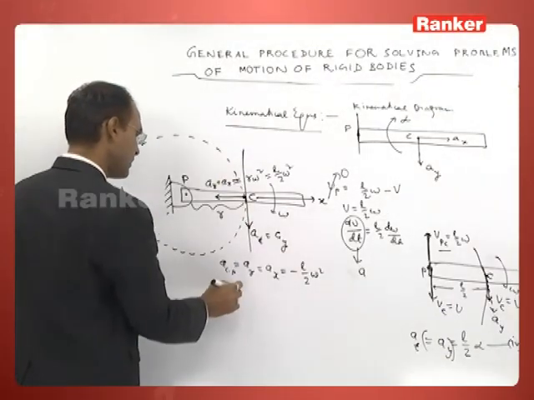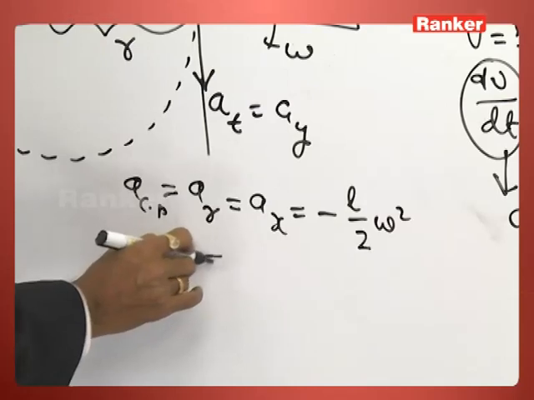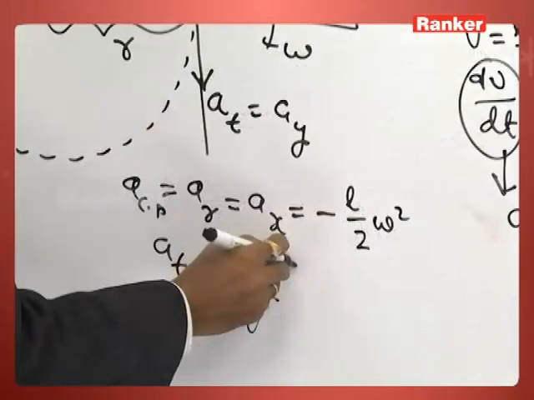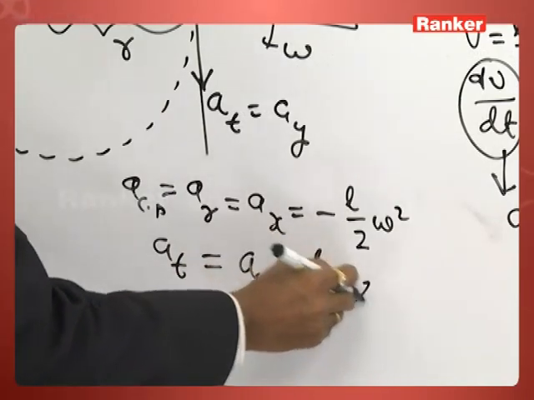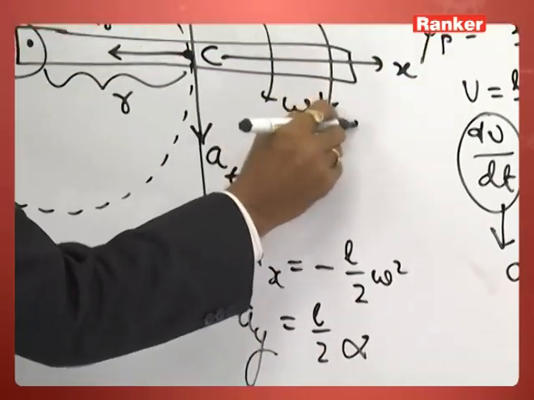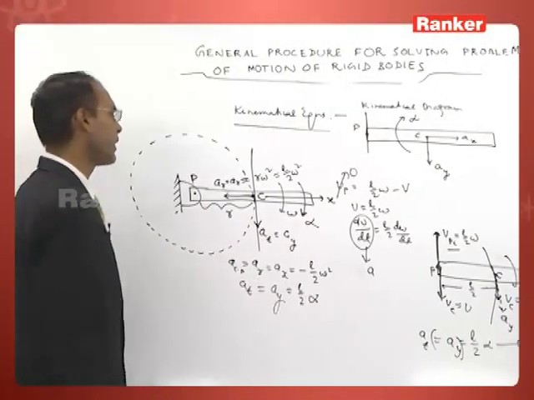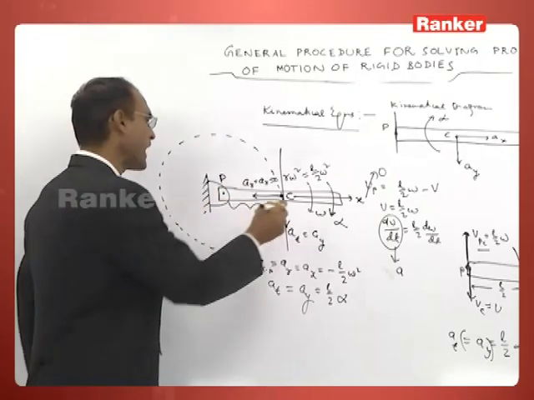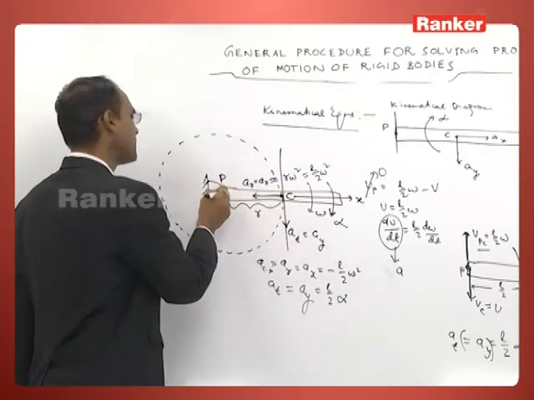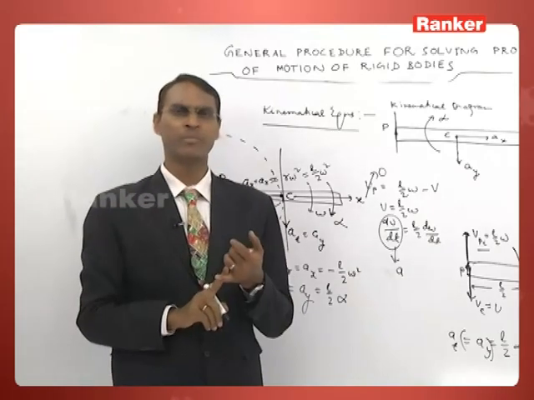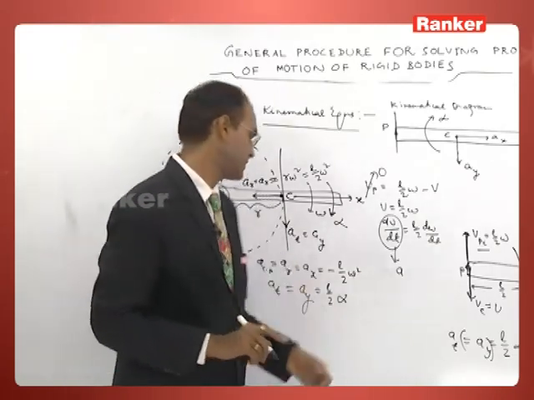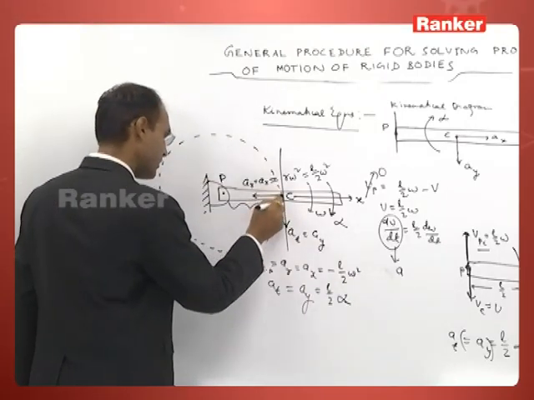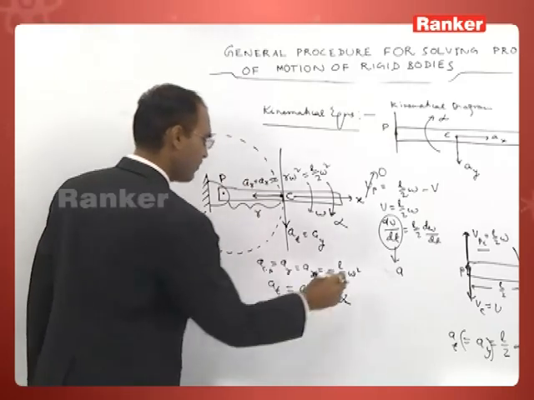Another acceleration, that is the tangential acceleration, or in this case the acceleration along y direction, that is L by 2 into alpha, because alpha of the rod I have assumed in this direction. Alpha about this point is equal to alpha about this point. Omega about this point is equal to omega about this point. Alpha and omega do not depend upon the point of reference. But in this case, this point moves in a circular path. Therefore,